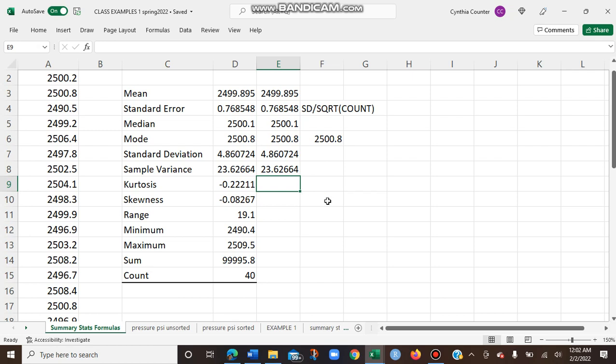A value close to zero means it's about the same as a normal distribution, and a positive value means it is leptokurtic, a steep, skinny distribution, and many outliers. Here we see it's negative because there are few, and in this case, actually no outliers. But to find kurtosis, you just type KURT,